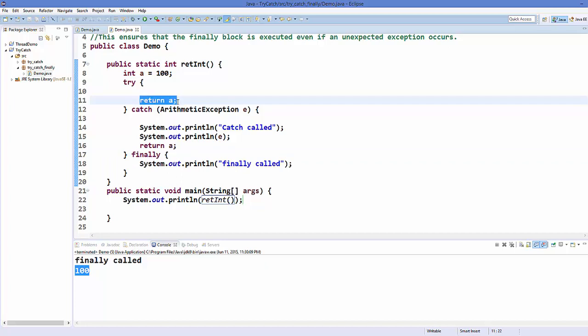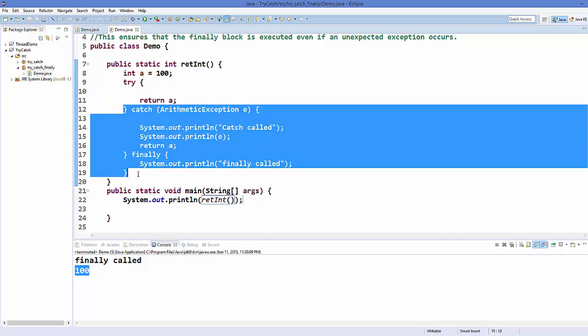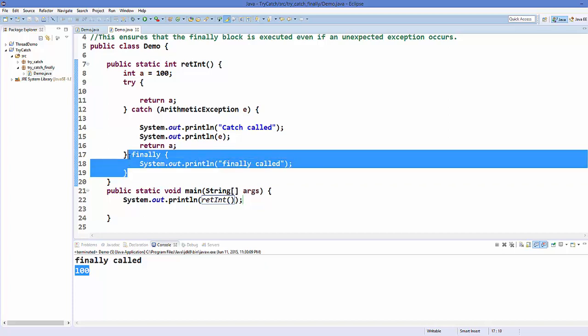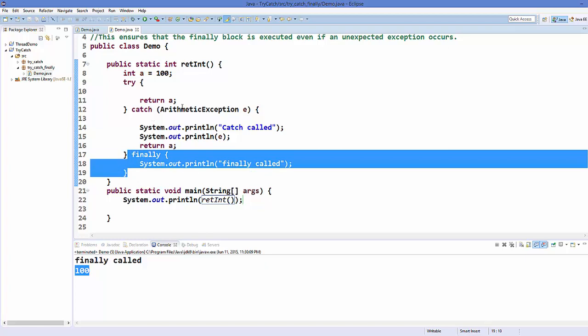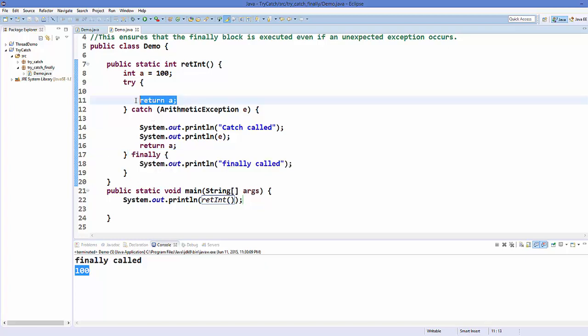Generally you would think that you are returning from here, then after return no code will be executed. But for finally, it's an exception. Finally will be executed even if you are returning in the try block or even in the catch block also.